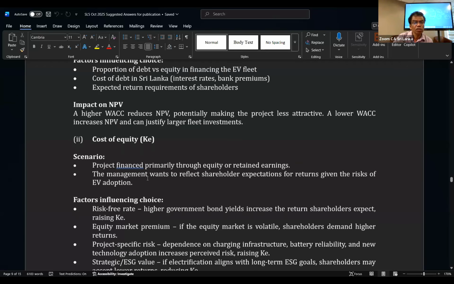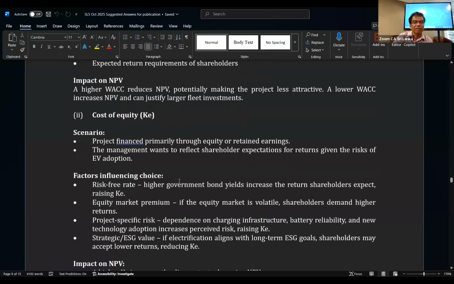for each and every factor. Cost of equity. In the same way, for cost of equity, if the project was 100% funded from equity, whatever the cash flow is belongs to the equity holders, right? Because you have to deduct interest and everything, you can't discount enterprise value, right? Since there is no interest anyway, there is no other discount factor, so you have to discount it at the cost of equity.